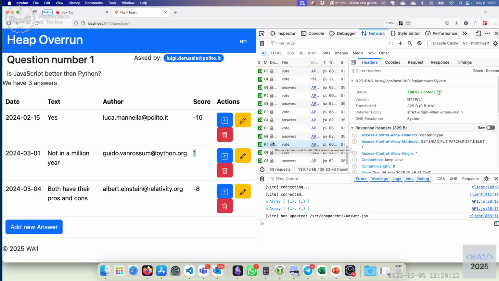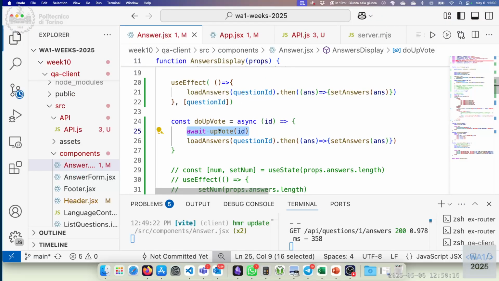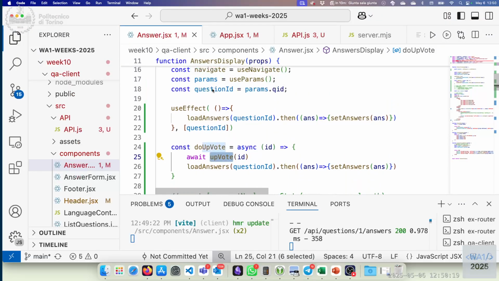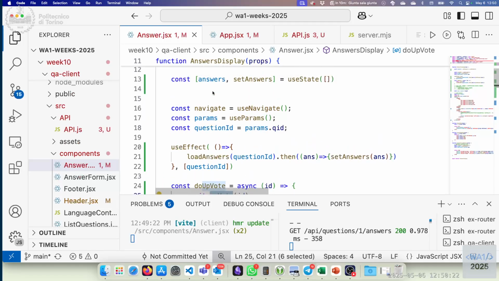Otherwise, I could have tried to optimize something. I call upvote, and then I can update the state internally. So I'm asking the server, increase this vote, and I locally also increase this vote. We already have the method for doing that. It was enough before. We know how to do that. So I'm patching the local data by replicating the modification that I just asked to the server, which is more optimized, but also more dangerous. Because what if the server operation failed? What if the operation gave a different result,